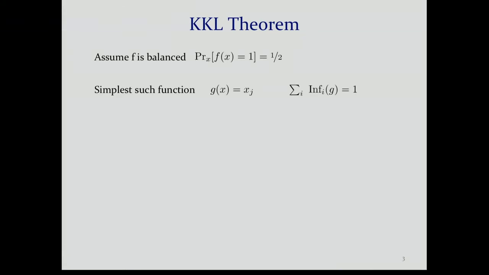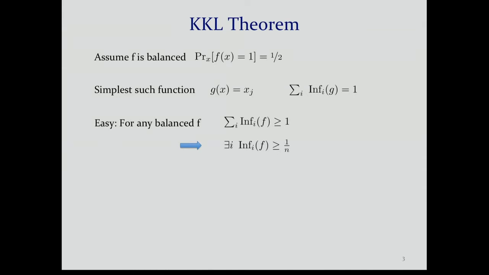So the quantity we'll look at are the influences of such a function. For the dictator function, let's say the jth dictator function, you know that the jth influence will be 1. Flipping the jth bit will change the value, and everything else will not affect the function. So the sum of the influences of a dictator function is 1. And here's an easy fact by some simple Fourier analysis: for any balanced function, the sum of the influences must be at least 1. In particular, this implies for any balanced Boolean function, we'll get a coordinate that has influence at least 1 over